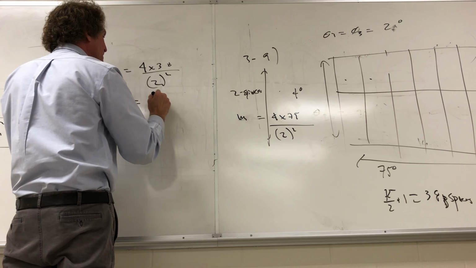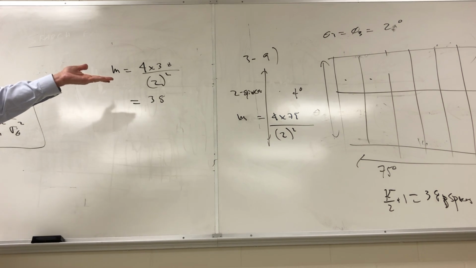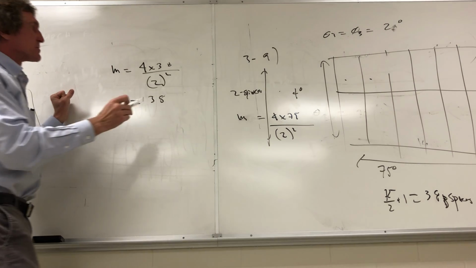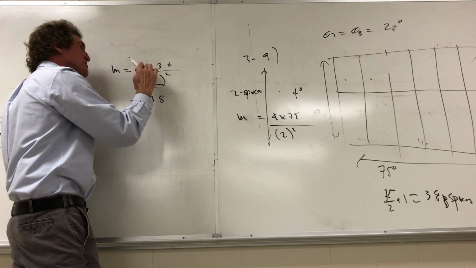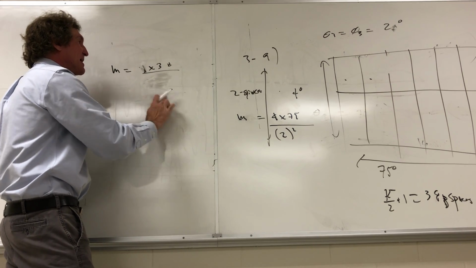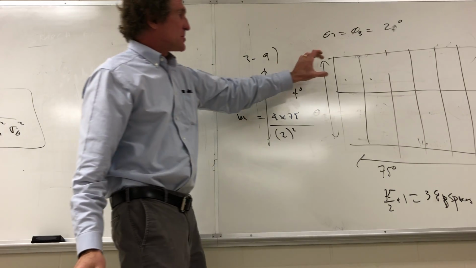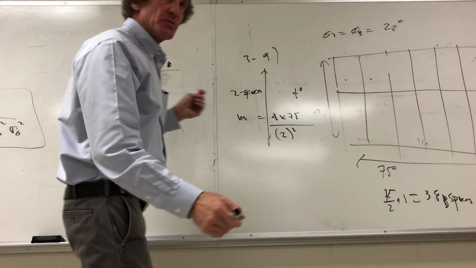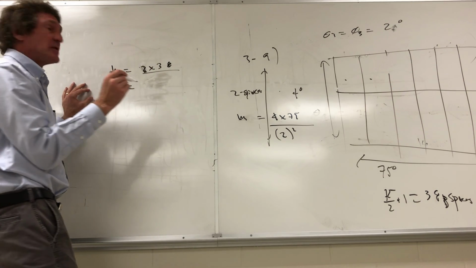So that means we have 38 spaces, right? 38 pixels, if you will. Horizontally, you got 38. And then you have to multiply that. Well, let me do it this way. Actually, let me do it this way. I know I have 38 in the horizontal direction. How many spaces vertical? The beam width's 2 degrees. 4 by 2 is 2, right? So it's times 2, and that means here, I'm going to have 76